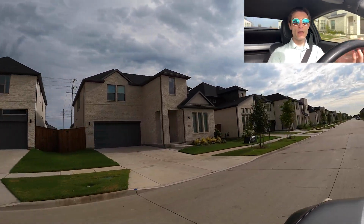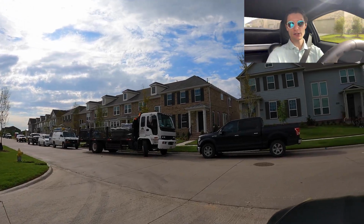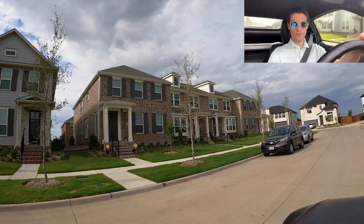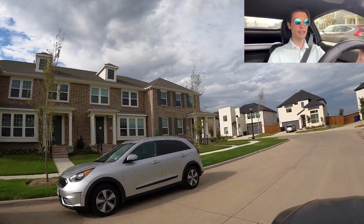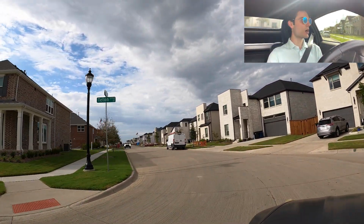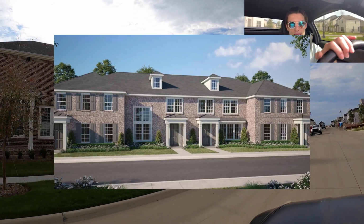This first one is a master plan community. The HOA in here is $200 monthly. You are within Collin County in here. The townhome that they had listed, they had one going on the MLS that wasn't active. That one was the Dogwood plan. That one is a 3-bed, 2.5 bath,